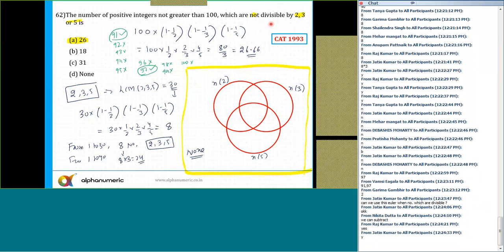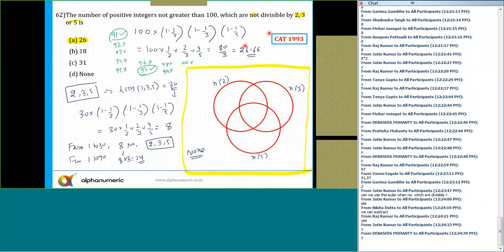So in case there is a doubt, if you are getting 26 point something and you are not sure, you can use this one. Take the LCM. LCM is 30. So in every multiple of 30, there will be 8 numbers. So 3 times 30 is 90. We are left with 10 numbers. You can simply do a counting. It will not take too much time. You can do the counting within 10-15 seconds. So can I move to the next question, guys, if this is clear?